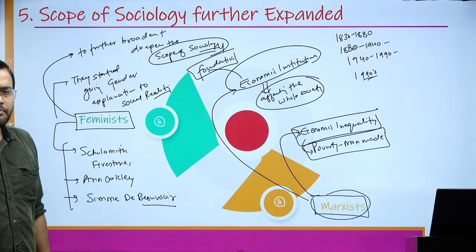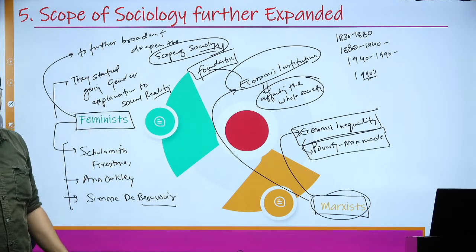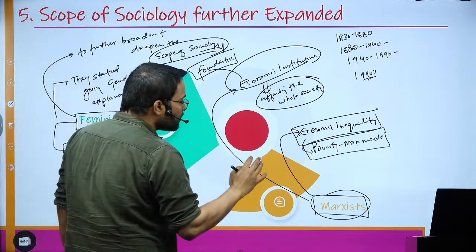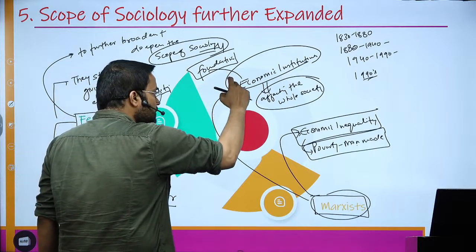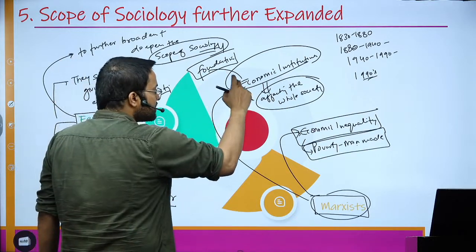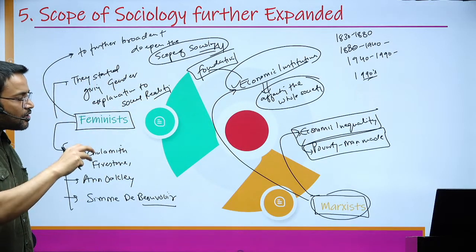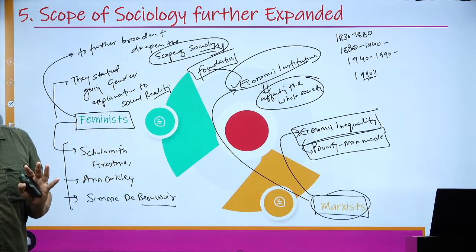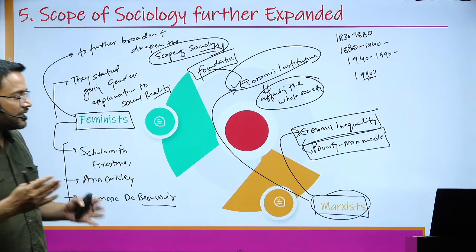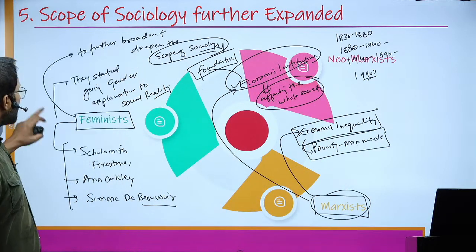Just like for any house, we have a proper foundation, and on the basis of the foundation, it is affecting the kind of superstructure that we have. Using the same logic, he said that the economic institution forms the foundation, and it will determine the kind of society that we have. And when we talk about economic inequality in the capitalistic society, he was talking about the bourgeoisie and the proletariat. So this is how he envisages society, and we'll deal with Karl Marx in a lot of detail in our unit 4. Then we have neo-Marxists as well.